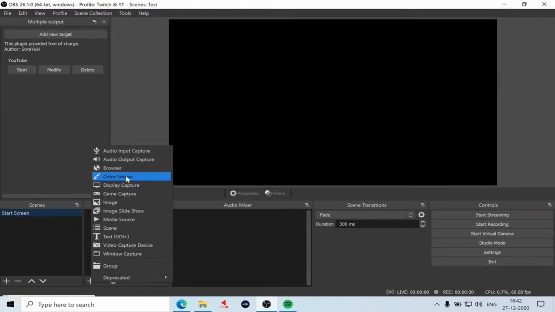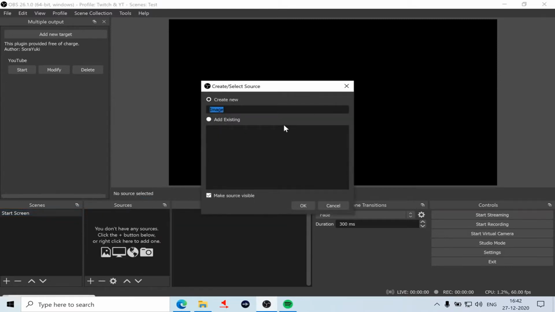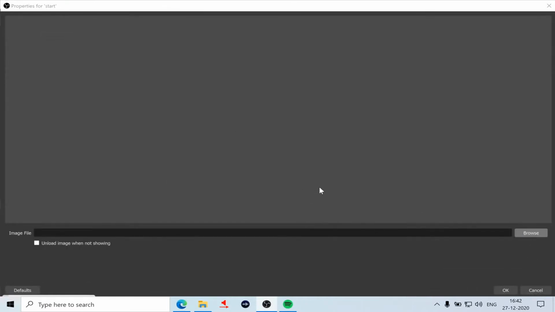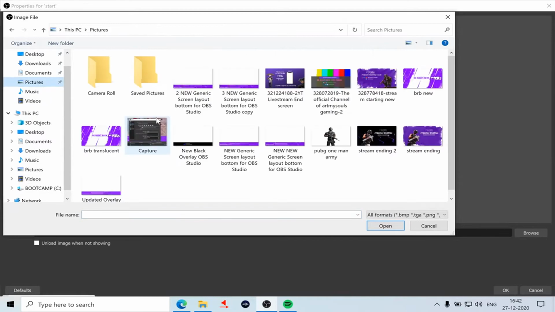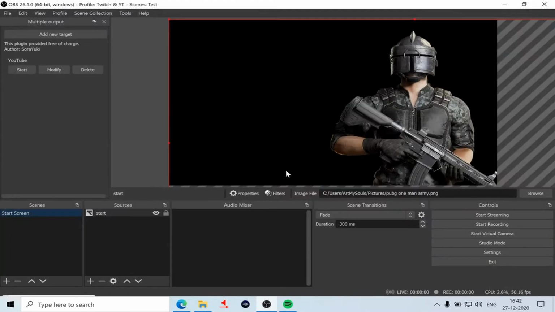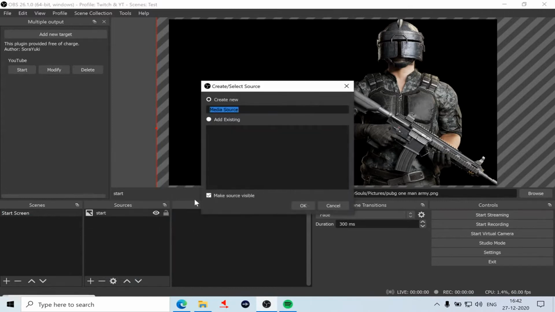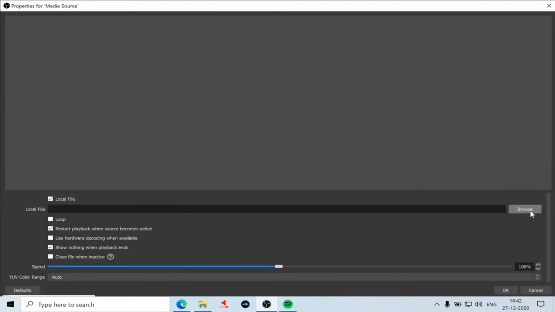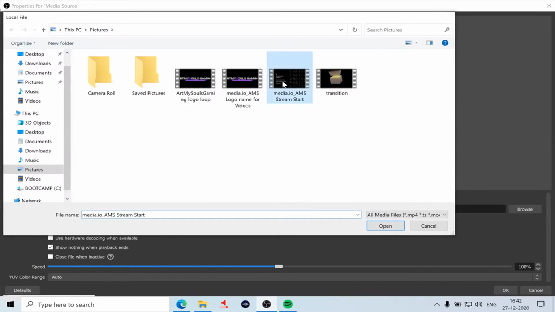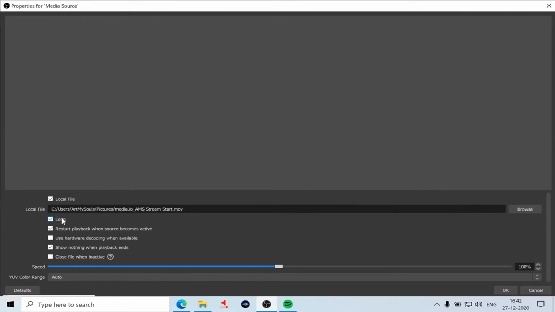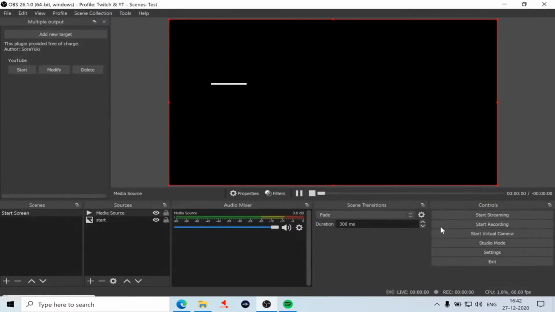I want to add an image. So I go to the image and rename it as start. You can select from your browser sources. I go to my images. I use this one as one of the start screens. Also, the background is a media source. That's why you select media source, because this is a loop file which I can always loop. I can increase or decrease the speed of the file.